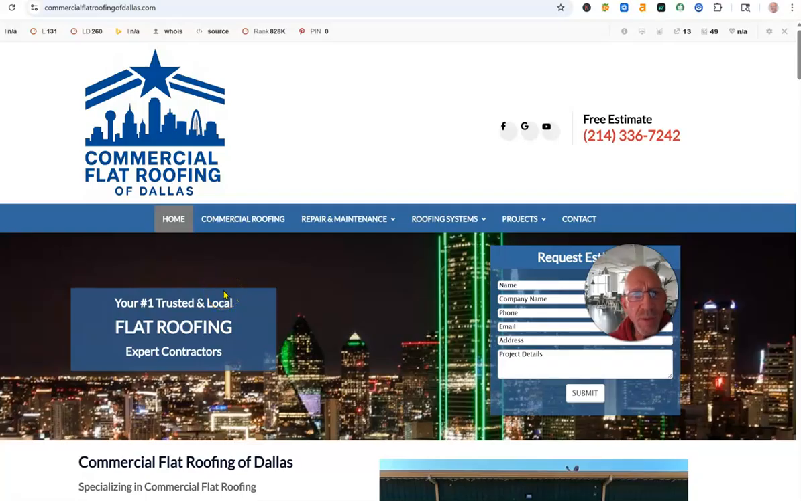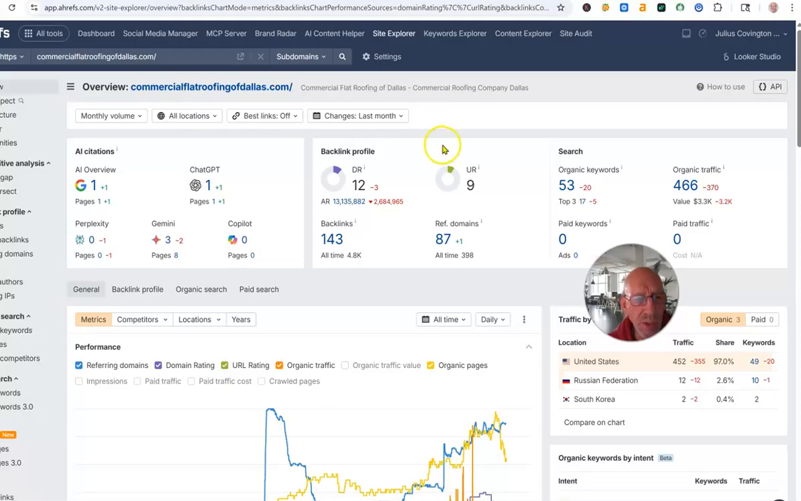Here's number 2. It's Commercial Flat Roofing of Dallas, and here's what their overview looks like. It's a 12 and a 9. It's a little bit stronger here. Matter of fact, they got 53 organic keywords. This is going to be a fairly large website, because that'll be like 6,000 to 8,000 words. There's 87 referring domains instead of what was the other one,